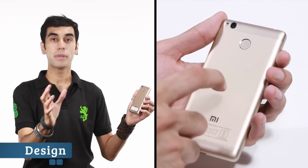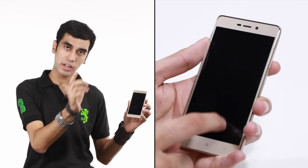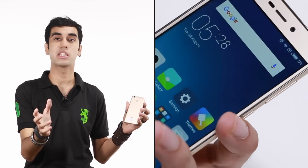The phone looks very premium from all angles. It's got metal all around, and even though it has glass on the front, it's not Gorilla Glass. However, at the back it has a fingerprint scanner which is as good as the one on Xiaomi Redmi Note 3. In fact, this whole phone feels like a smaller version of the Xiaomi Redmi Note 3, which is not a bad thing at all, considering that it had metal body, it had premium looks,